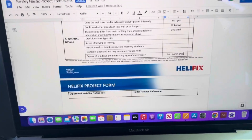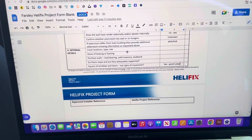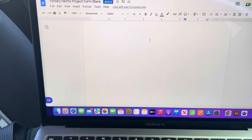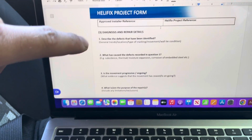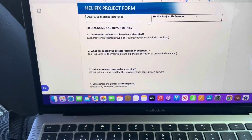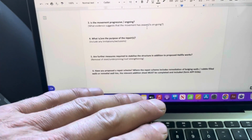And then we can also talk about the cracks. So we've got repairs, the size of that crack, what we think's caused it, whether those walls are load bearing, anything like that. And then we get into describing the defects, what they think's caused the defects, whether that defect is ongoing, so the movement or anything like that, and what the purpose of the repair is, what you're hoping to stop, and